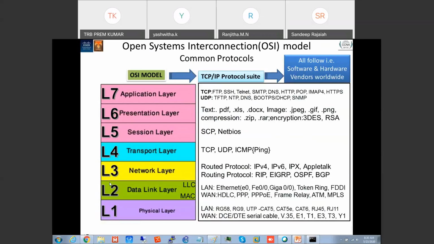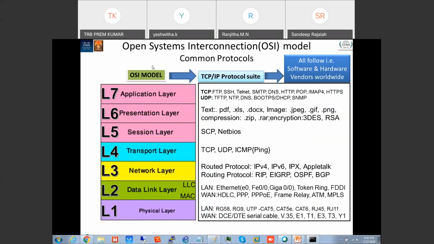So if I give any protocol, you need to tell me which layer it is. If you are trained like that, it is easy for you to learn the concept. The function is the same, but different protocols will be there. For example, routing protocols: we have RIP, EIGRP, OSPF, BGP. But the function of a routing protocol is selecting the best route, so in different scenarios we use different protocols. In the same way, IP addressing protocols are logical addressing protocols: IPv4, IPv6. Different protocols will be there, but the function will be the same. So this is called protocols.